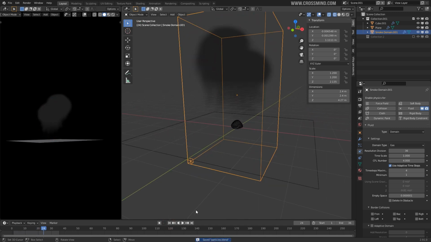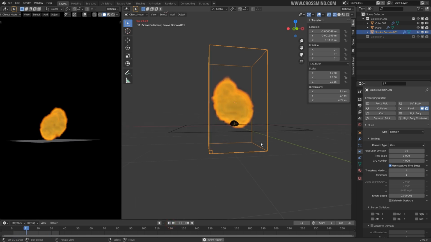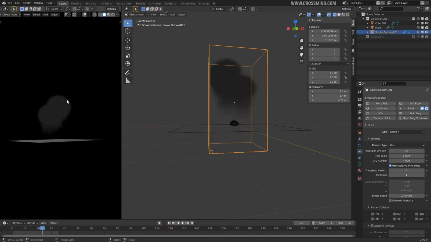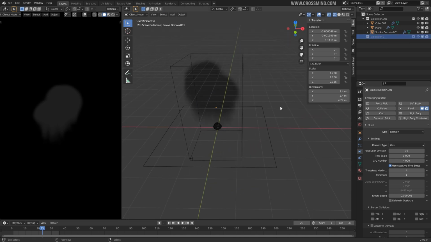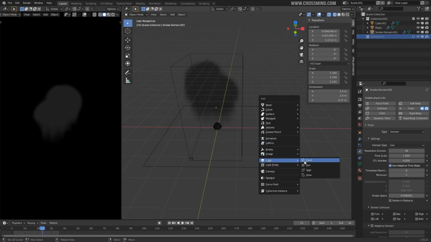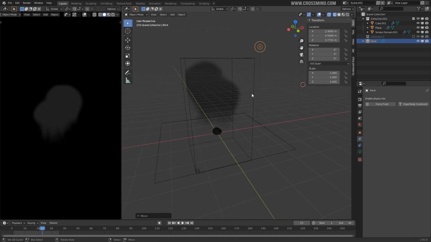Yeah, so as you can see, just with a very basic setup, we get a much more chaotic looking explosion. Over here, I think you'll be able to see a much better preview. Do I have a light in here? I don't think I have a light. So let's add a point light, because without the light, I don't think you will get any shading in